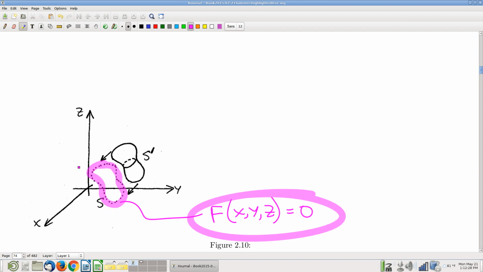My new thing that I'm looking for is the set of solutions. What happens if you take f of x plus 1, comma y, comma z, equal to 0? That's my new equation that I get by replacing x with x plus 1. And if you just read straight off of what this says, I'm looking for points such that